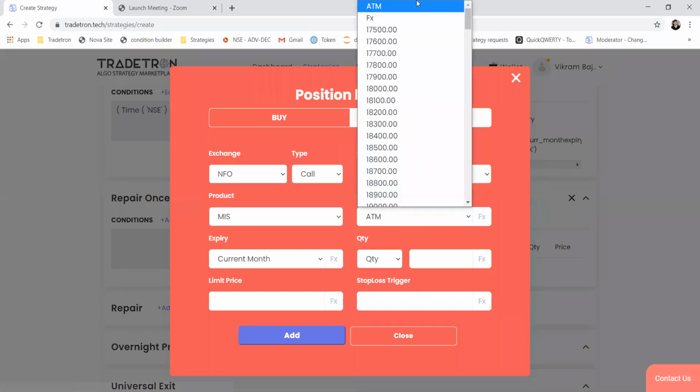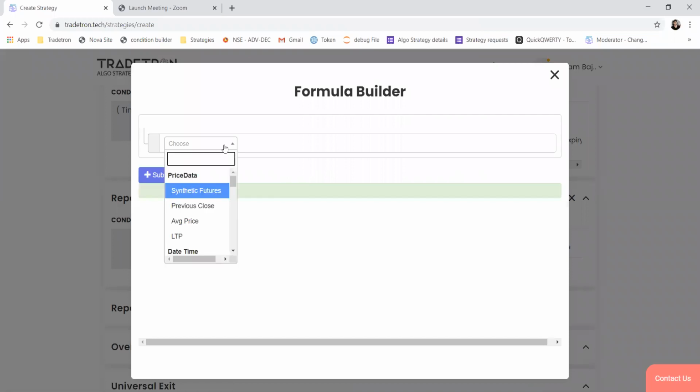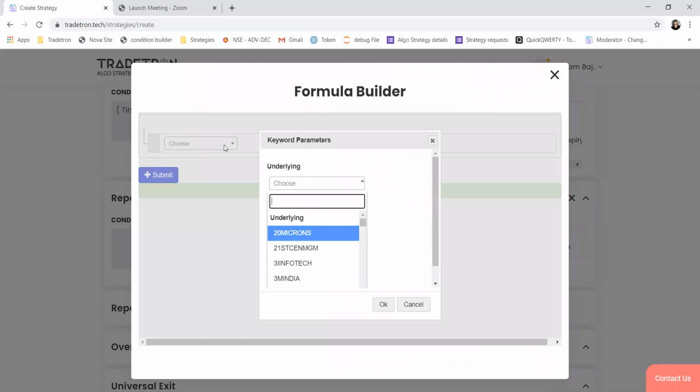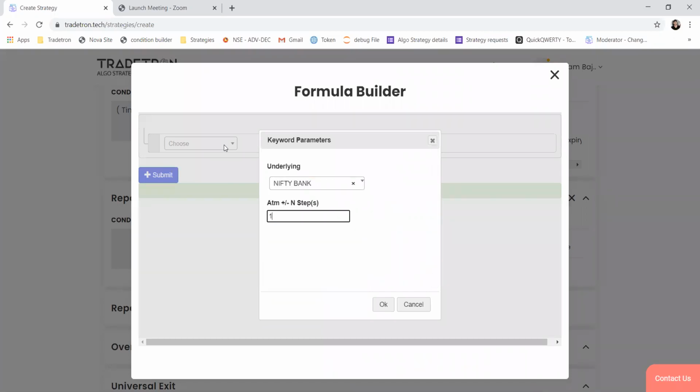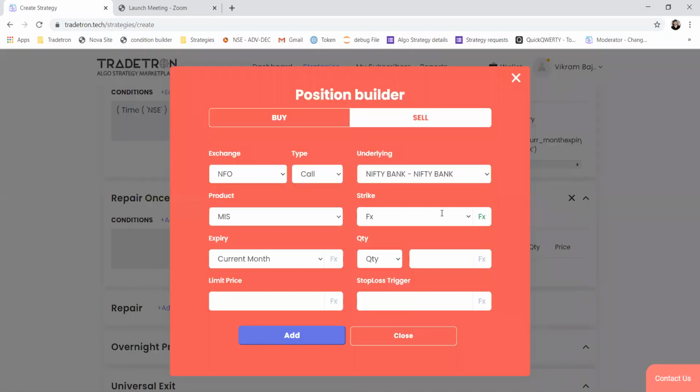So let's say this is one strike OTM. I'll just select the ATM keyword, Nifty Bank as my underlying, and one step out of the money option, and one lot.